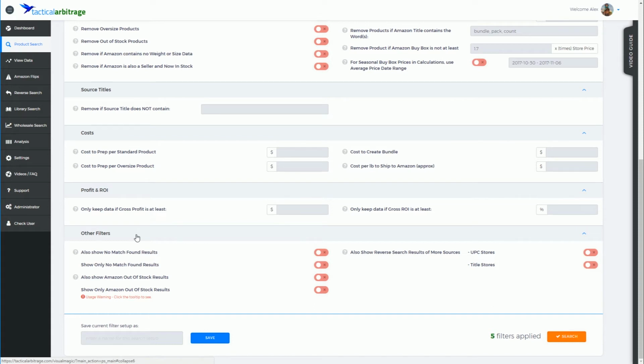Now, we've really got three types of filters in here, three blocks of filters. We've got the No Match block, we've got the Out of Stock block, and we've got the Reverse Search Results block. The No Match block essentially means that if Tactical Arbitrage was unable to find a match,